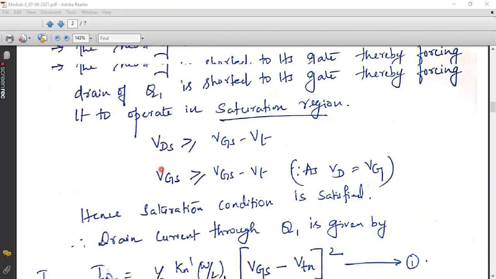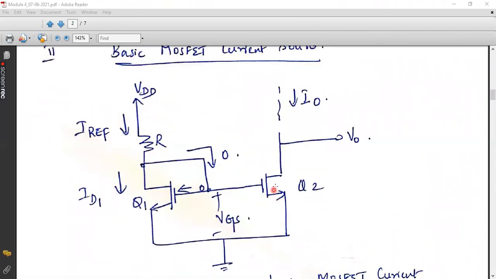So the conclusion is you can fix the desirable transistor Q2 accordingly, depending on what you want as I0. If you want I0 exactly equal to I reference in some stages of your IC, then you need to take Q2 similar to Q1. So you need to check the manufacturer data sheet. Accordingly, you need to take the aspect ratios and connect Q1 and Q2 in this particular fashion.